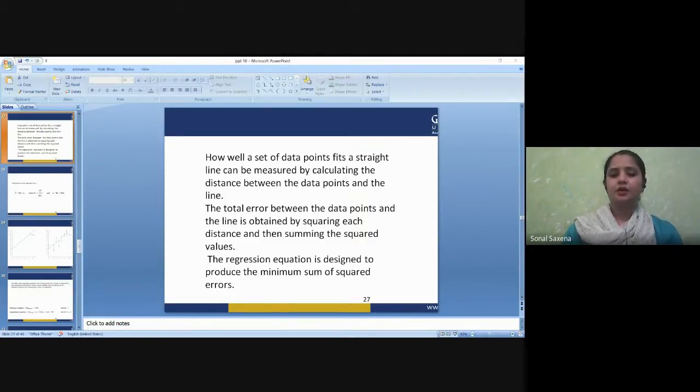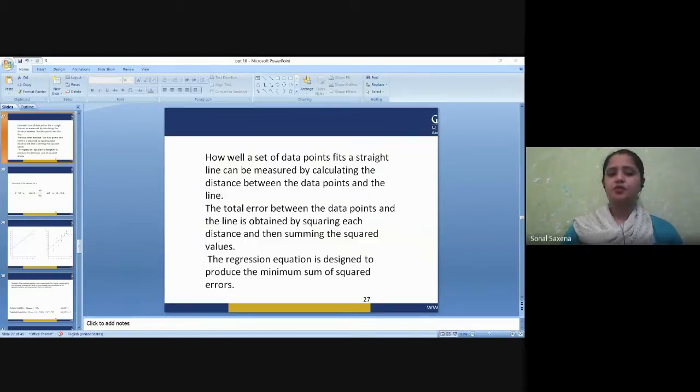scenario. The command used for this correlation, if you want to execute it in RStudio, is cor. In brackets you can write capital X comma capital Y. This will give you the correlation between the X variable and the Y variable, where x is the independent variable and y is the dependent variable. If the result of the above command is greater than 0.85, then we can choose simple linear regression. And if the value of this R coefficient is less than 0.85, then we can use transformation of data to increase the value of R and then build a simple linear regression model on the transformed data.